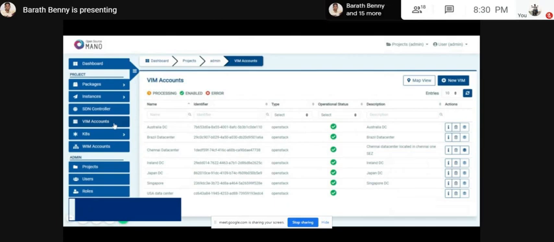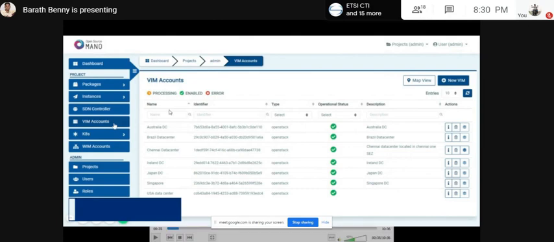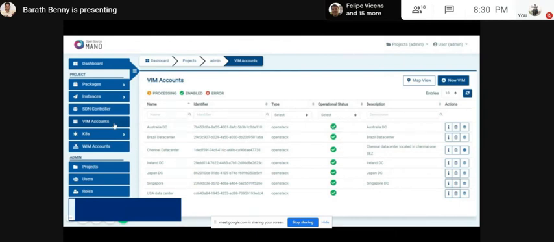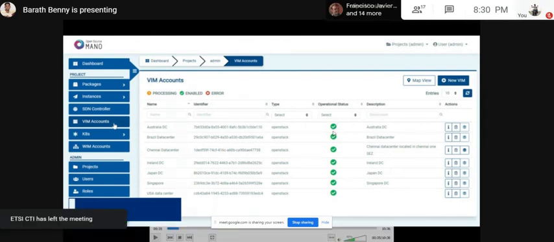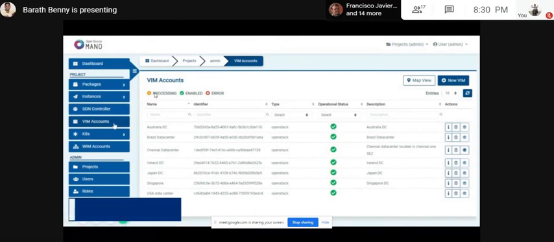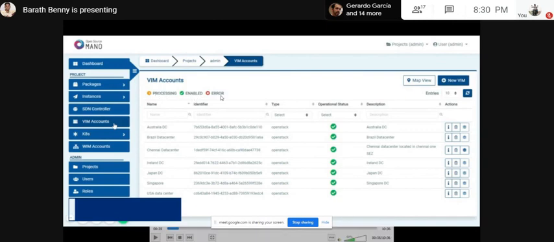So currently we will move on to the next, VIM accounts. Here is the VIM account section. Here the VIM account list page has the same list design carried through all the modules. So the user can easily view all the details and easily understand the operational status over here. For the operation status, instead of text, we have taken an icon.